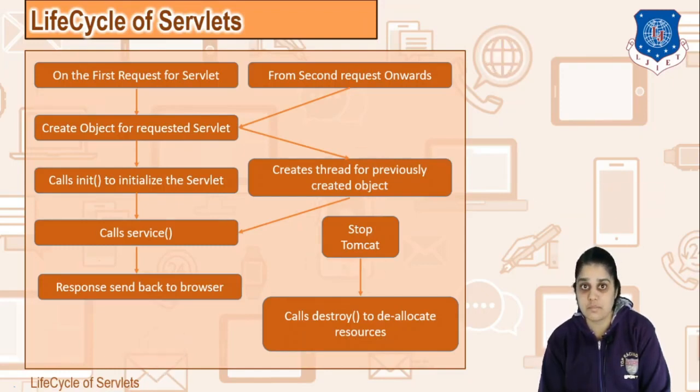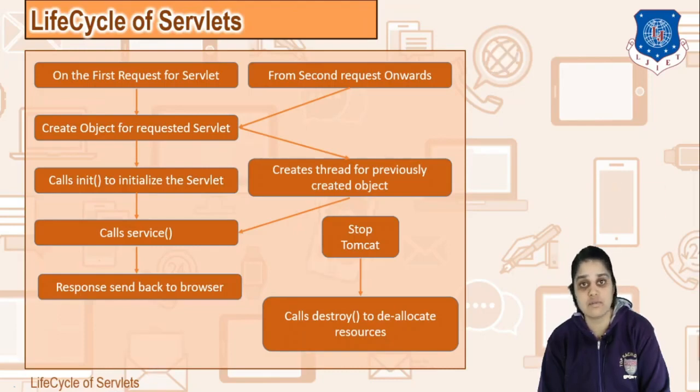In this destroy method of the servlet, you are going to write all the code for cleanup, like closing the connection of the database, or freeing memory. So all these deallocation kind of tasks are done in this method. Okay, so this is also called by the Tomcat, and it is called once and only once in the life cycle of the servlet.